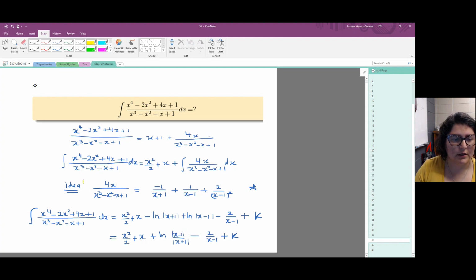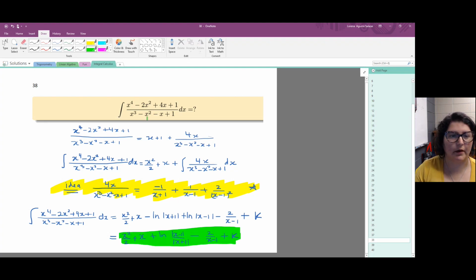So let's see how we can get to this decomposition. But from that decomposition, the result of the integral is right here. Now we know that. Okay. Now to get to the decomposition,